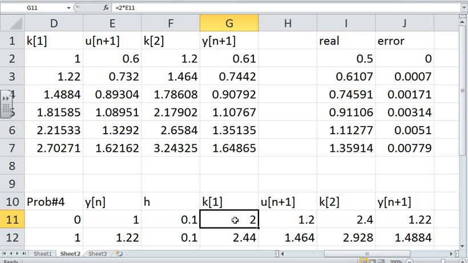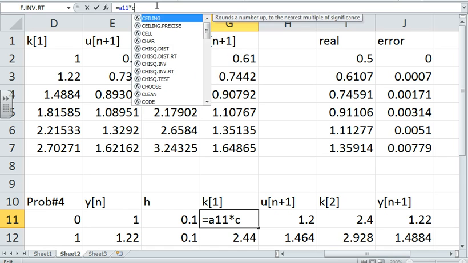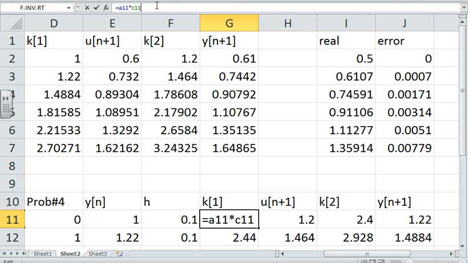So that would be the x guy, x is going to be A11 times C11 minus y, and y is